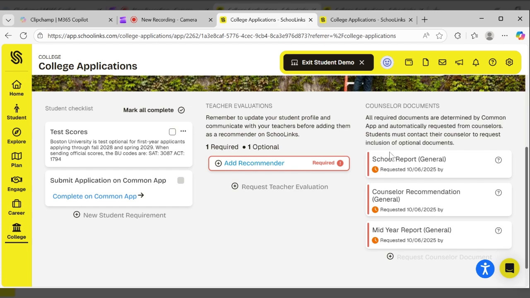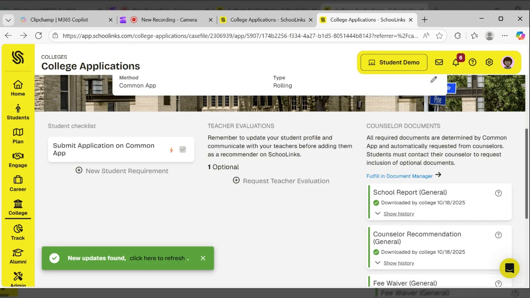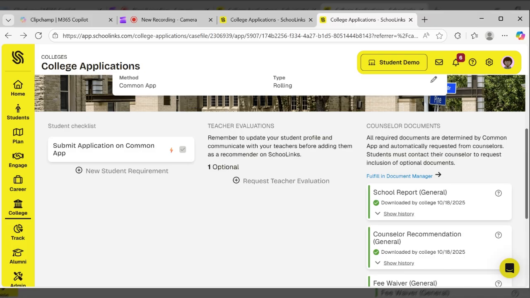And then finally, you'll see when the college has downloaded the document, which looks like this. You'll see downloaded by college, and you'll see the date that it's been downloaded. And this is how you can verify that the college has received your documents and they've reviewed your documents under